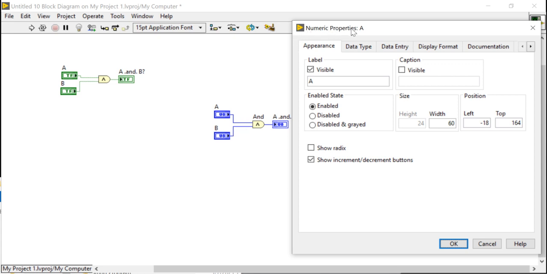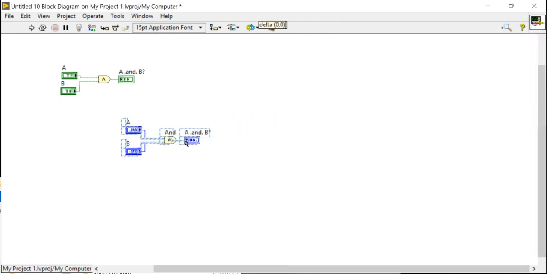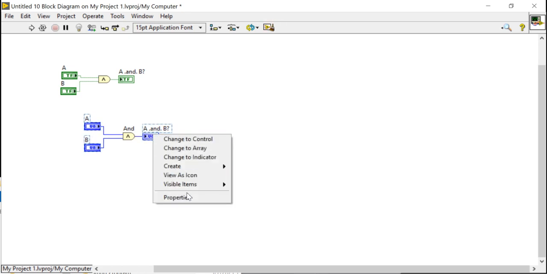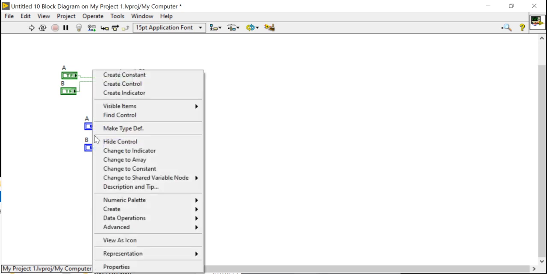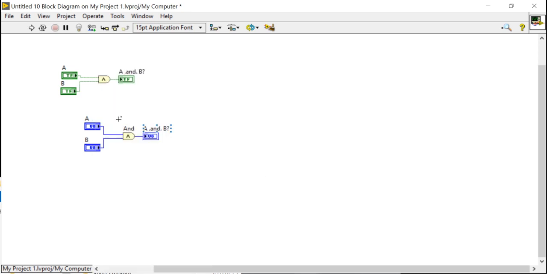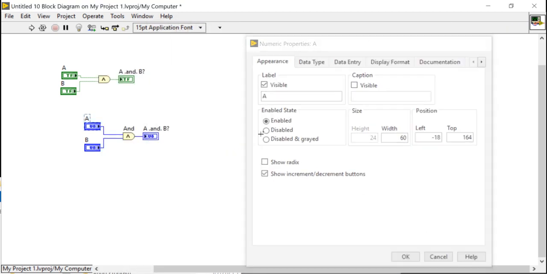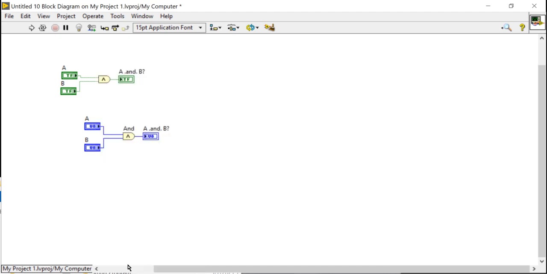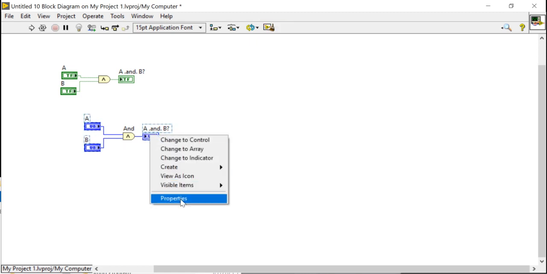So it is a numeric property of A. Here I am going to select A, B and right click, then click on property. So you will get the property of A, and B, all three properties.